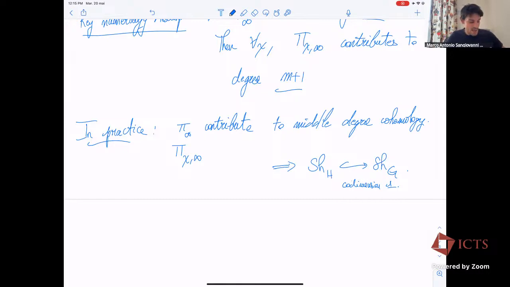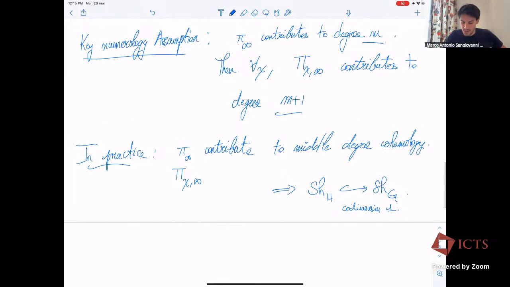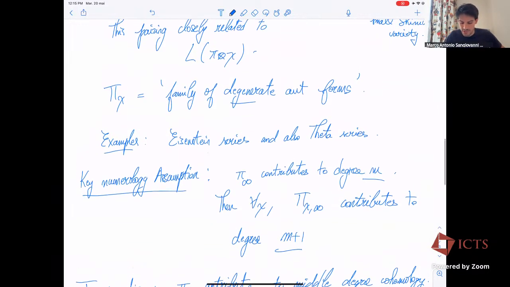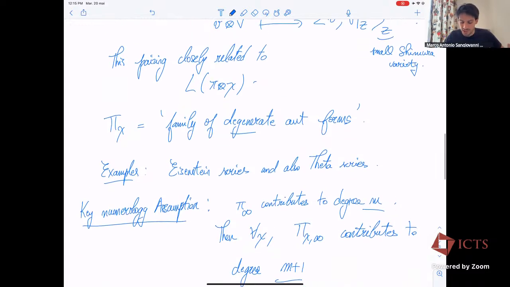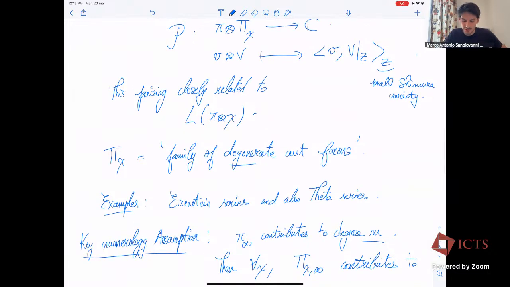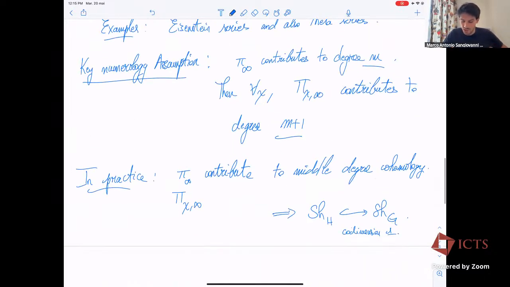Okay, so once you have this setup, you have your Galois representation you're interested in, an automorphic representation with the Satake parameters that match, and you have an integral representation of the L function of pi with respect to a pairing with some other automorphic representation on G, big pi chi for any Dirichlet character chi. And if you assume this key numerology assumption,